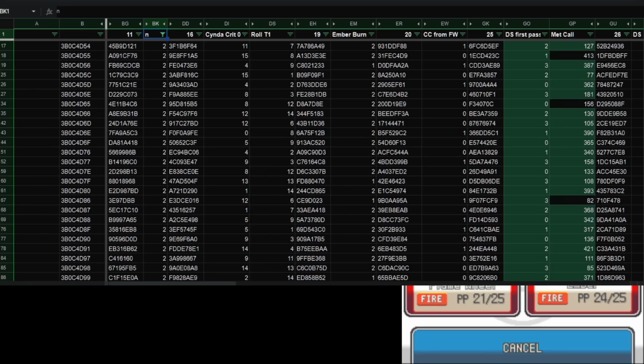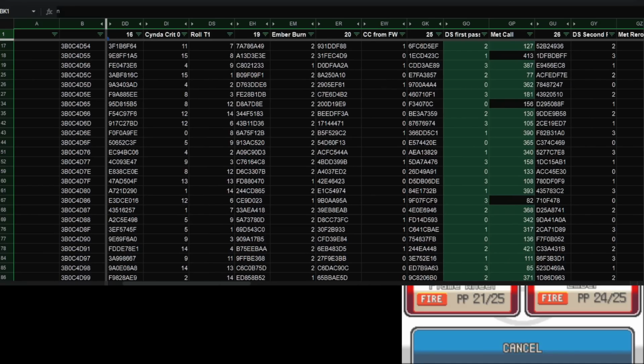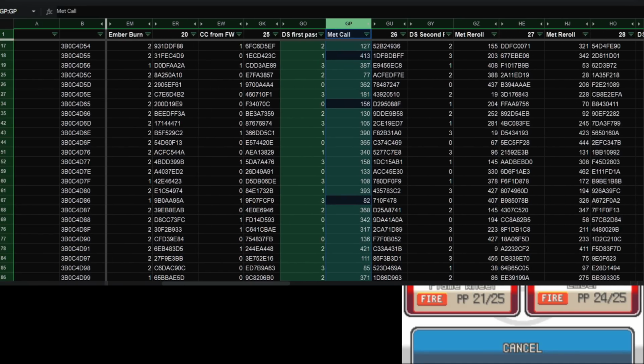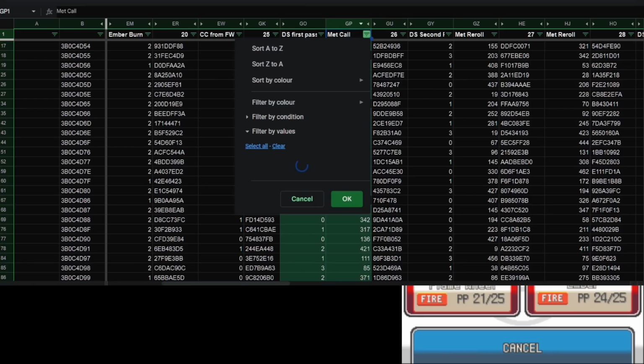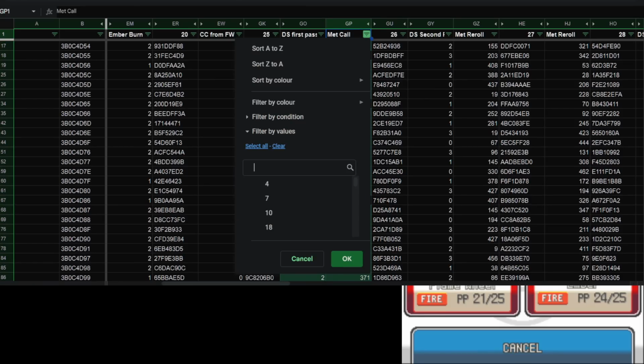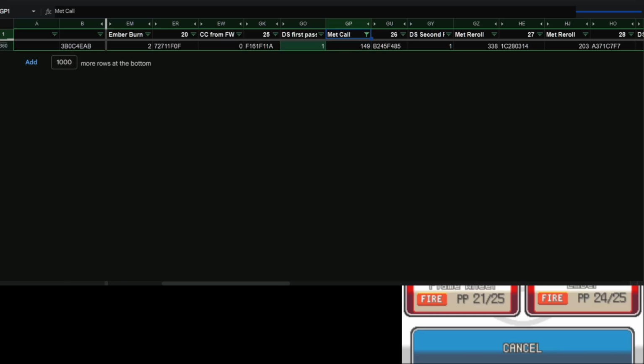Funnily enough, the only way she will ever pick Encore is if she first uses Metronome and then Disable, then she will always pick Encore on the next turn. But anyway, if we then go to the Metronome call, so that's over here, Splash is 149. If it calls 149, that would be Splash, and you can see there's only one possible seed that could be. And so then when I'm routing out,